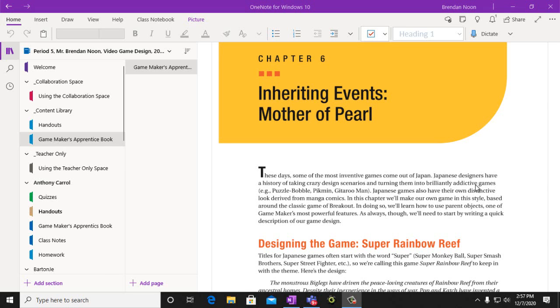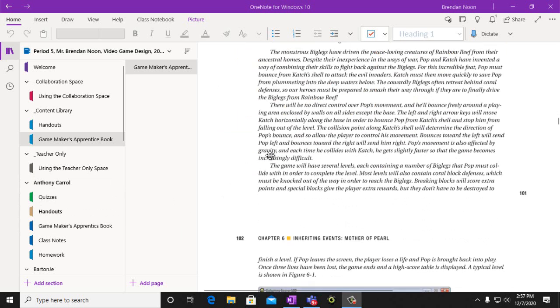Okay, today we're going to be starting Chapter 6, Inheriting Events, the Mother of Pearls. We're going to be making the Super Rainbow Reef game. And here is your Game Maker's Apprentice book, which is in your OneNote. So you can go to OneNote and you can see it in wherever your section is. And this game, Super Rainbow Reef,